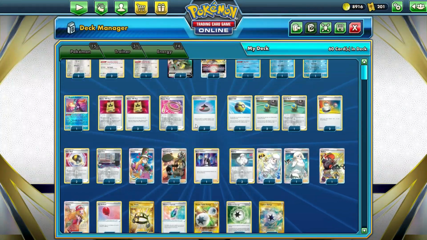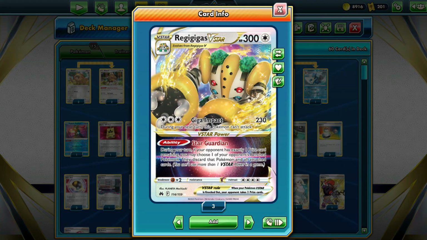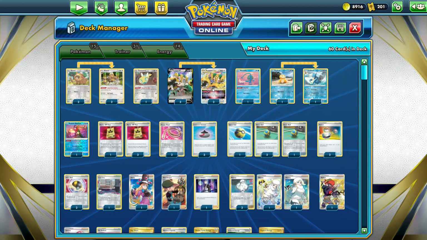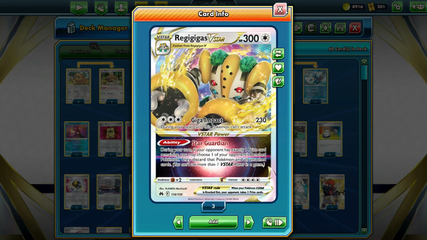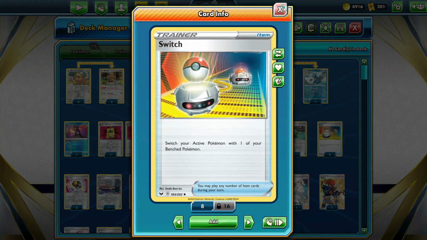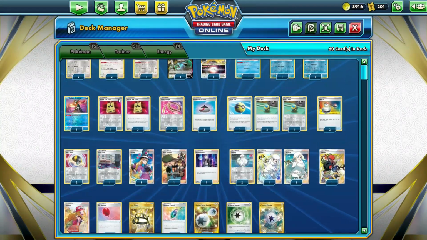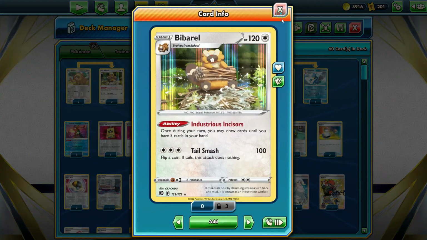So you can also think about switching to a second Regigigas V-STAR to attack with a second copy, but we don't have enough energy on the second copy to attack, so we are actually forced to switch and retreat to be able to attack with the same Regigigas V-STAR, and that's why we have that many switch cards in this deck. We have 2 Switch, 2 Escape Rope, 1 Bird Keeper, and 1 Air Balloon to help us retreat with our Bibarel. We are playing 2 copies of Bibarel for the draw support,